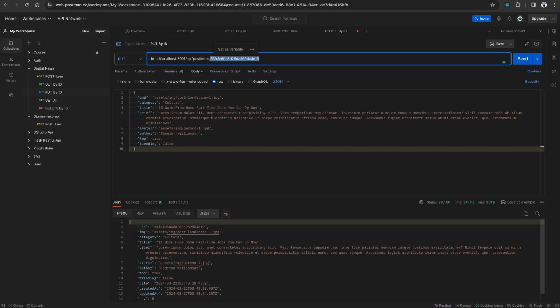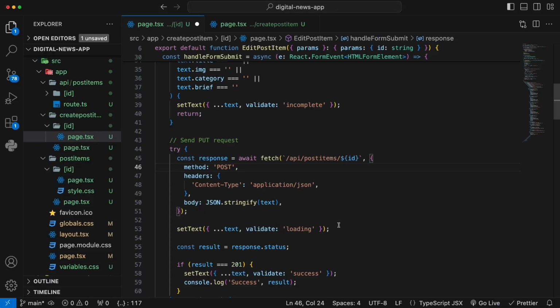Otherwise, how would the database know which one you want to update? Okay, and the method, we must change it to PUT as well. The content type is JSON, that has no problem, and we're going to send a body of JSON.stringify without any problem as well. That's going to be okay. Alright, so we have all this done,